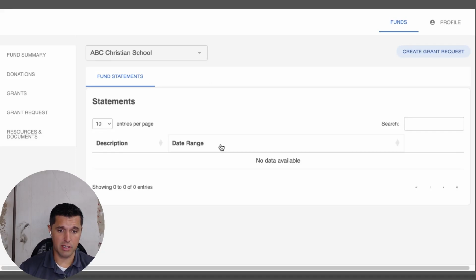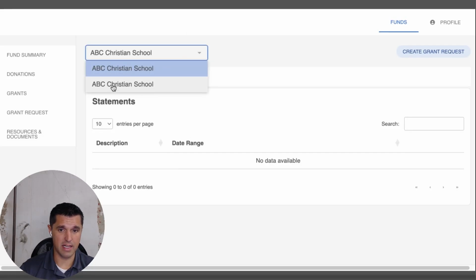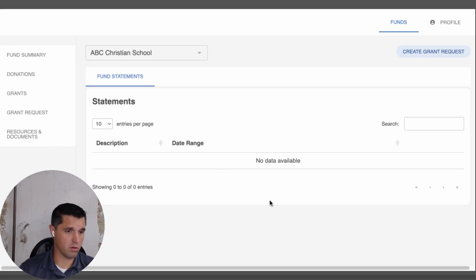If per chance you're not seeing monthly fund statements when you access, what I encourage you to do is go ahead and select the other option. Again, one will be agency, one will be designated. It'll be your agency portion for the typical school. It'll be the agency portion where you'll access a combined fund statement that'll give you the cumulative total for both the amount that the schools contributed as well as what donors have contributed as well. So that's how you'll access all that information. Of course, when there are those statements, you can download, export, take the data however you want and use it as you wish.